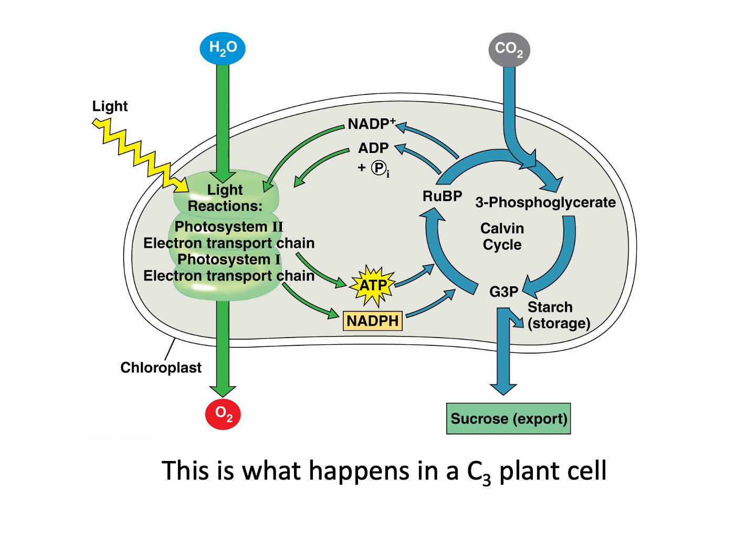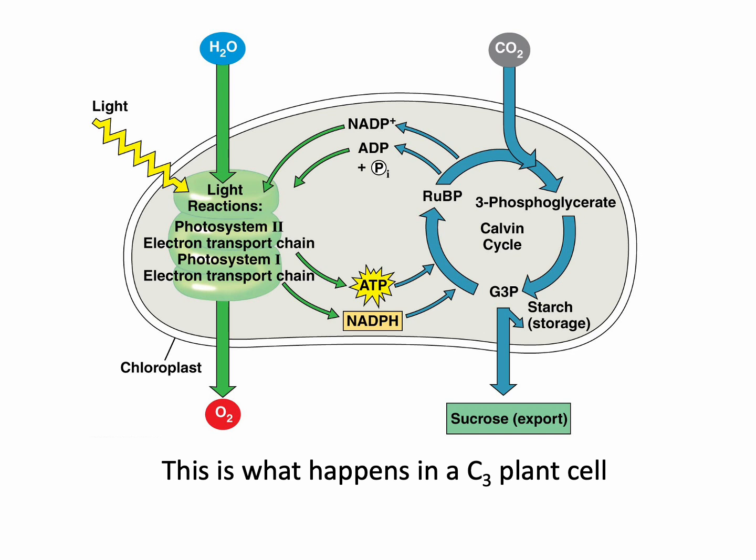So again, this is just an overall view of what's happening within a plant. Notice, all of this is happening inside of a single cell. In this case, it's happening inside of the chloroplasts, right? So every cell with chloroplasts, plant cells, are doing this. So the light reaction and Calvin cycle, that's happening inside of a typical C3 plant.